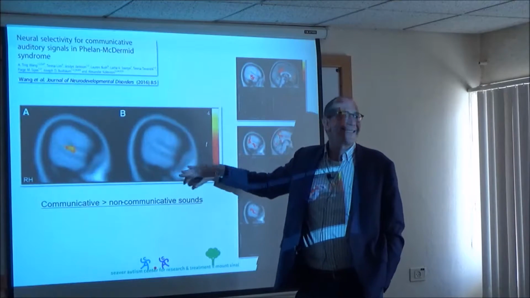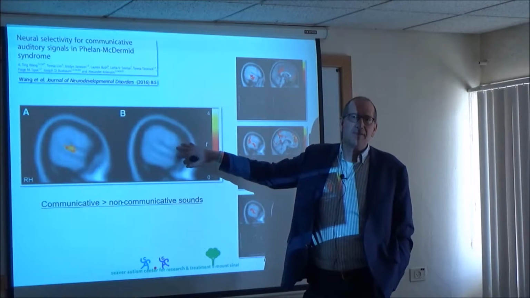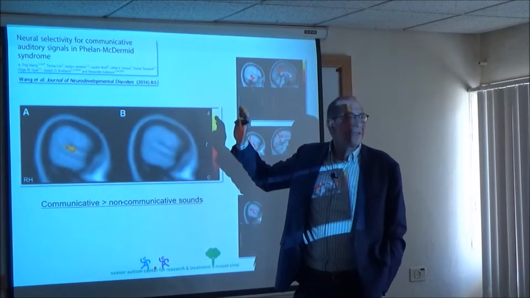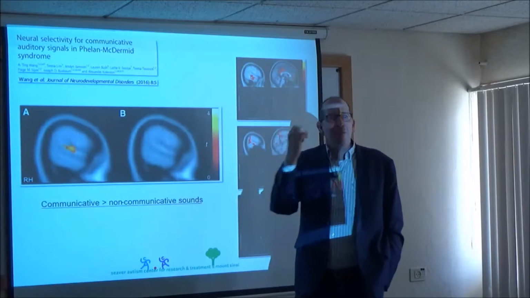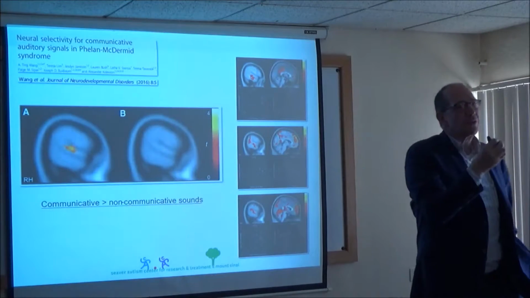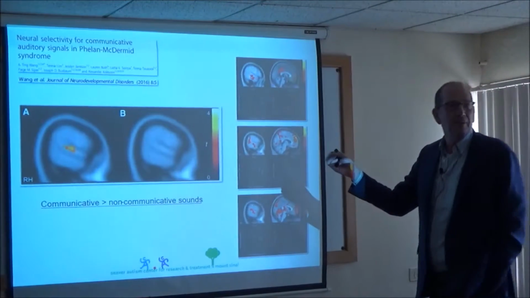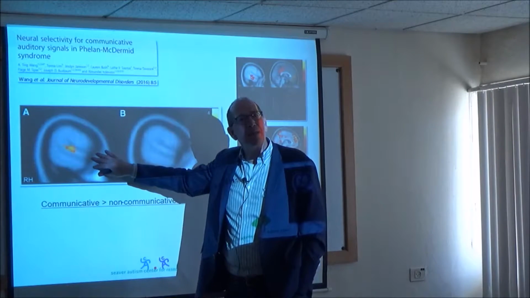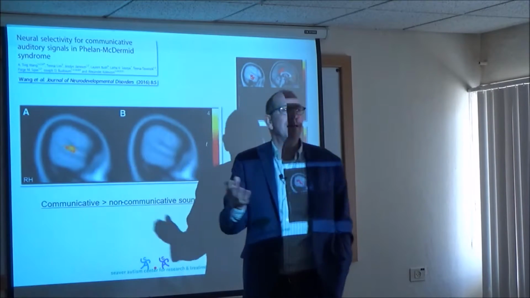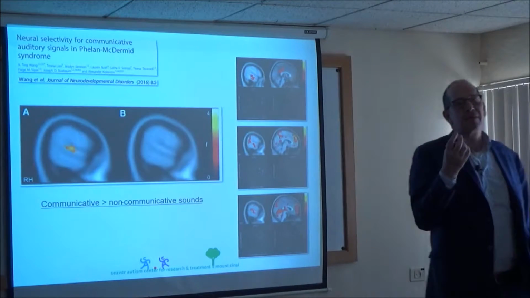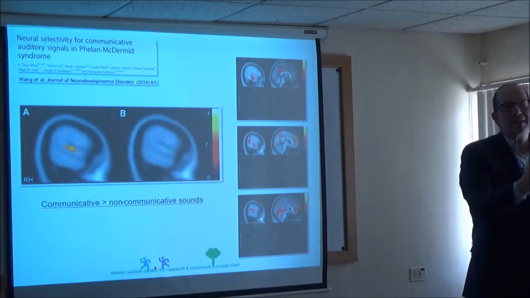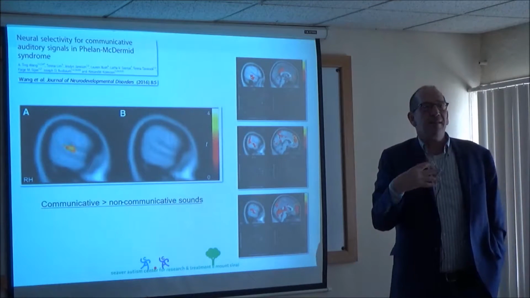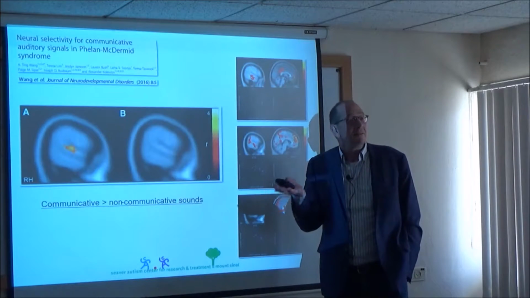In idiopathic autism, it tends to look like this. It's not perfect because idiopathic autism is not really a single thing either. But if you average a lot of idiopathic autism, or Kanner autism certainly, it looks like that. In other words, some of the basic wiring for social cues is missing. But these individuals, and my guess is about half of autism looks more like this than like this, have everything in place. They're just profoundly disabled in terms of their attention, in terms of distractions, things like that. And so they're going to have deficits in reciprocal social interaction that meet criteria, but it's not the same thing.